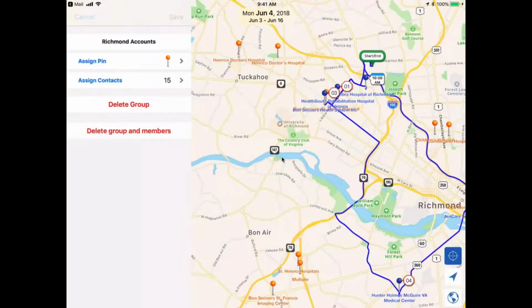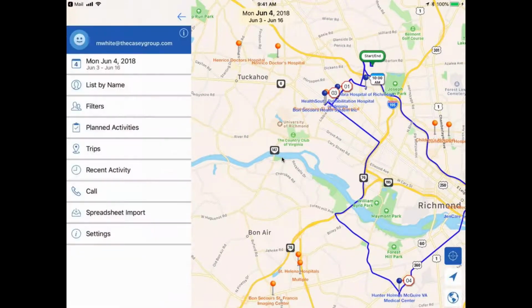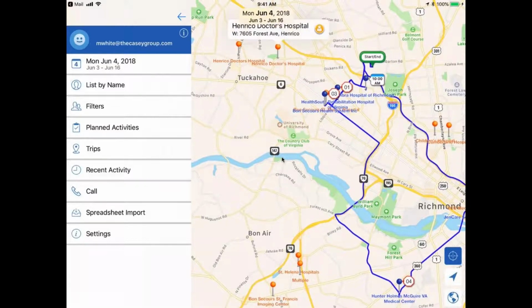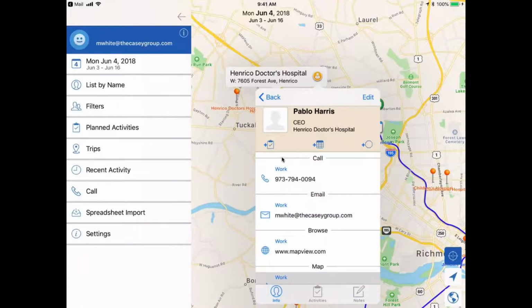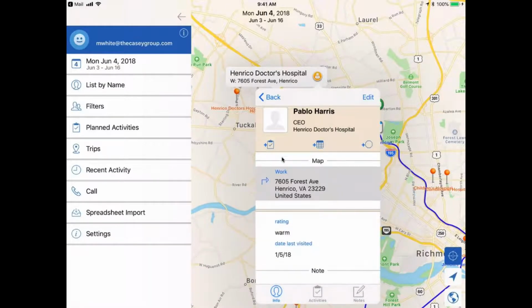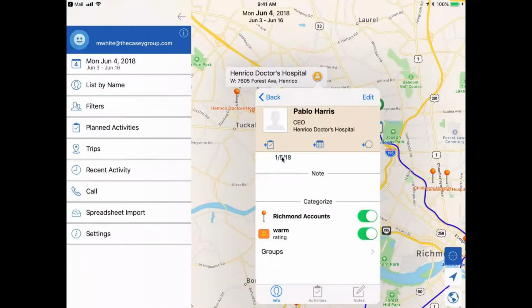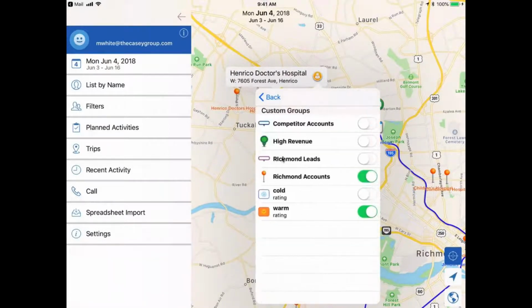And also, I'll just jump in. If you just want to change maybe one by one customers, what groups they belong to, I'll just open up a pin and open up the contact record. If I scroll down, I'll see all of the groups that this contact belongs to. And then I can tap the word groups just to see all the groups I've created. So here are all of my groups. So here I can actually manage what groups this contact belongs to.